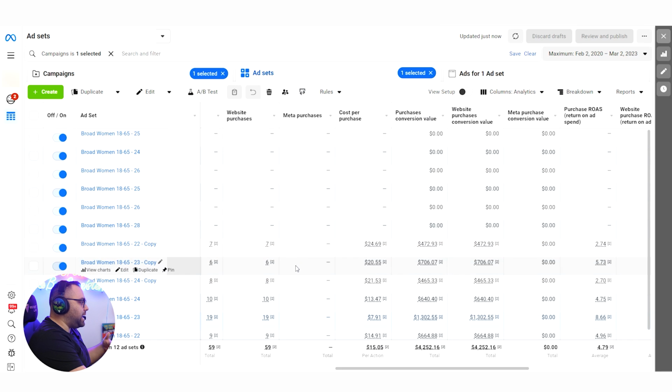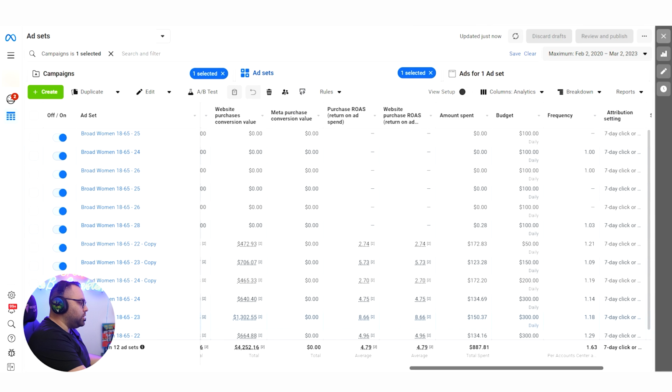So what I have done is that I duplicated it, and this time I'm running with 25, 24, 26, okay? I'm running it again with 28 over here even. I'm trying to see what I'm going to get. So the whole concept is that now that I see that it's working on the other account, I'm going to increase the cost cap so that I can see if I can get more volume,